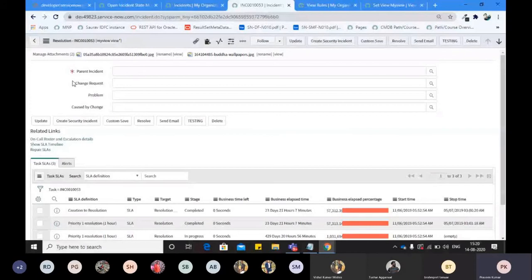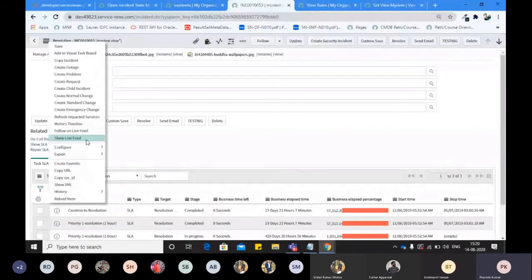Whenever a user comes on an incident which has hello v in its short description, the user will always be redirected to my view. Otherwise, we stay on the default view.